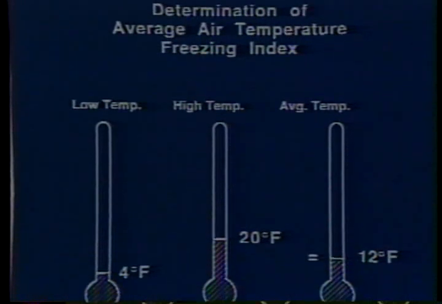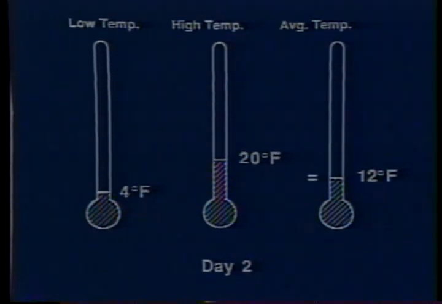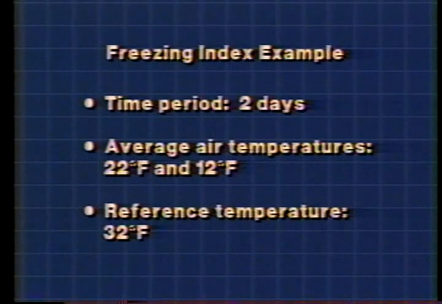For the second day, a low temperature of 4 degrees and a high temperature of 20 degrees gives us an average of 12 degrees Fahrenheit. In our example, the time period is 2 days. The average air temperatures for these days are 22 and 12 degrees, and the reference for calculating freezing index is